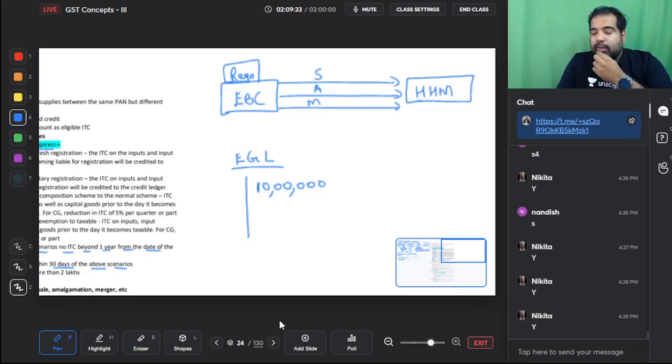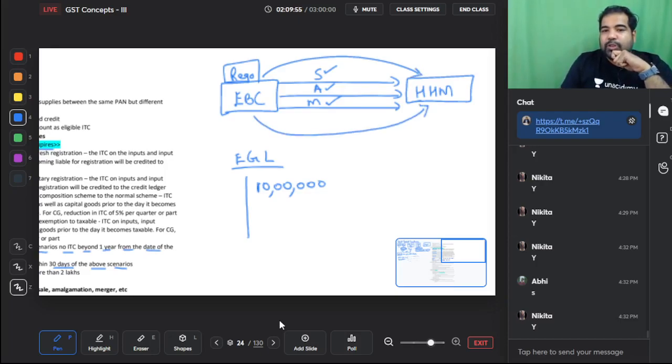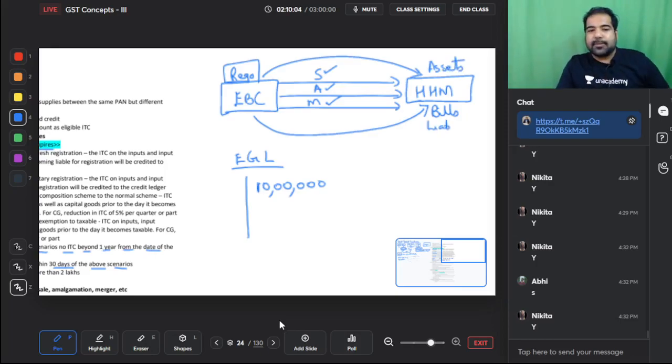Guys, when you're selling the company, are you transferring your assets? Yes. Are you transferring your liabilities? Yes. So will your credit also go to them? Yes, your credit will also get transferred. So in sale, amalgamation and merger, your credit will also go to the next entity, provided he is also taking over your liabilities. So if he is going to pay your bills, then he can take over your assets also. So guys, only if he is taking over your liabilities will he get the credit? Yes.